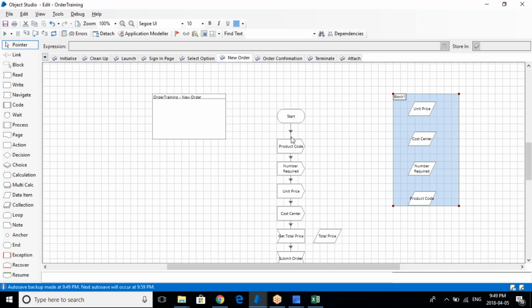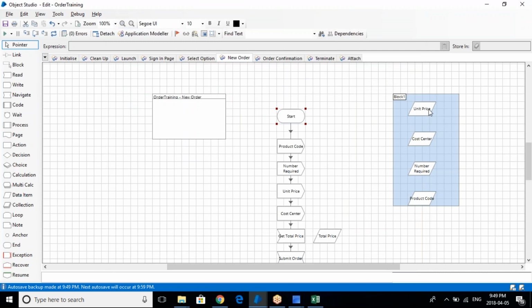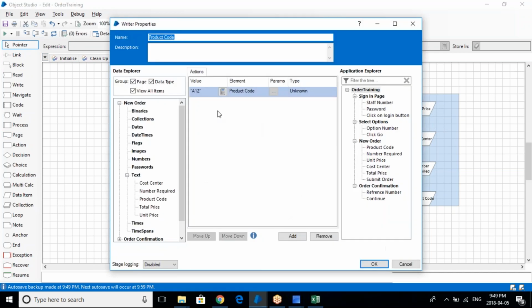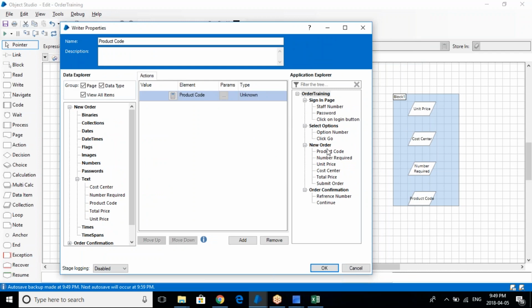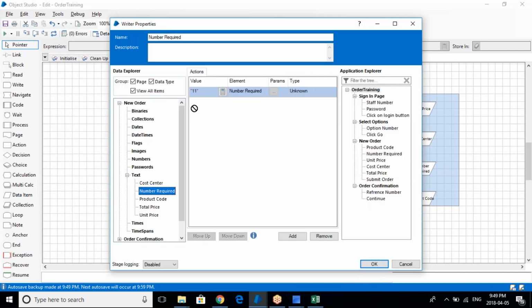So now your child process is getting all these values, and all these values of the data that you are getting in all these variables, you are passing it to your stages here. So instead of hard coding it, what I'm going to do is pass this value. So product code, number required,